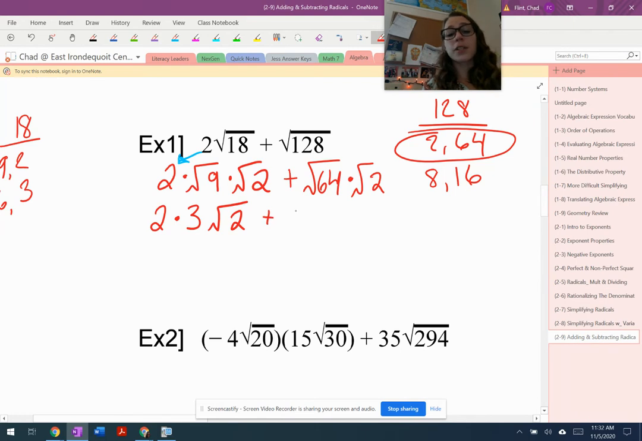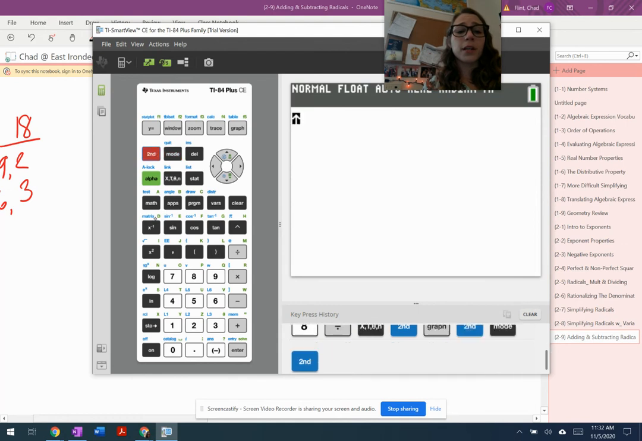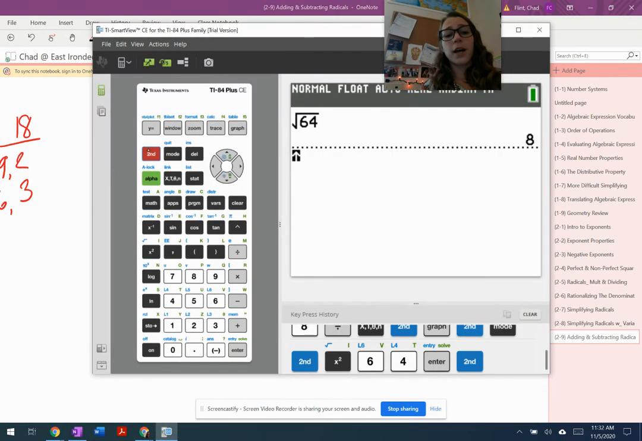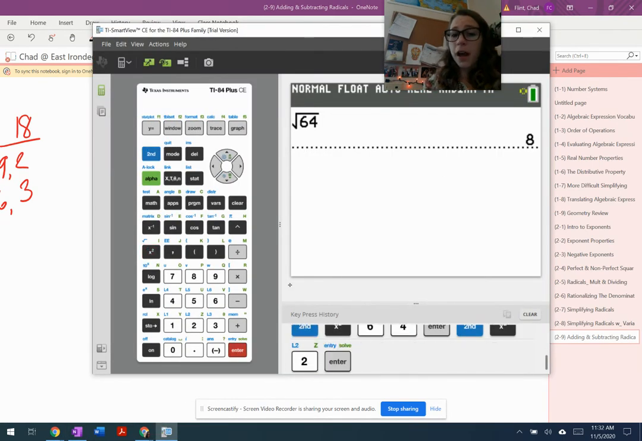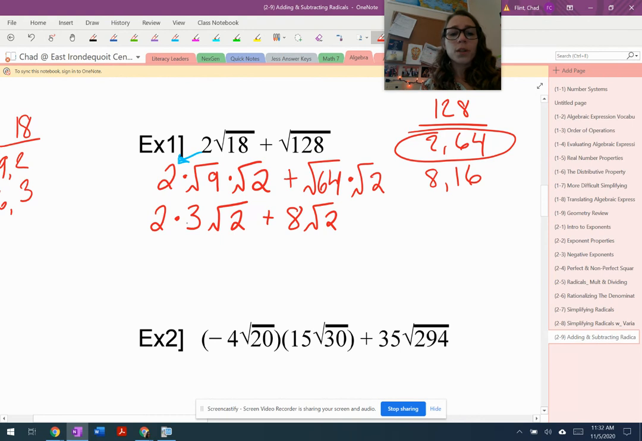The square root of 64 is 8, and again, if you didn't know that, you just come back here and put that in your calculator. Square root of 64, 8. And the square root of 2, you can check that too, say you don't recall if that's perfect or not. You can clearly see from the number you get that it is not perfect, and we want to keep it in the radical. 2 times 3 on the outside, because multiplication comes before addition in order of operations, gives me